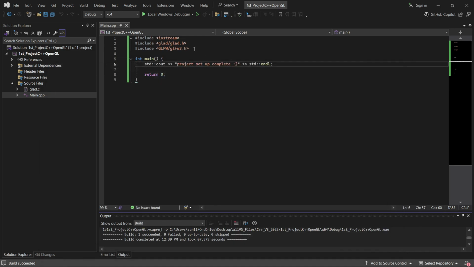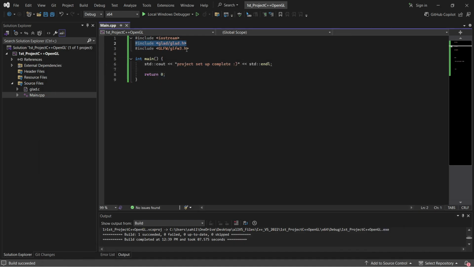And kind of make sure to import glad first and then import GLFW. It's more like include. I'm just doing this first, but including glad first matters. Make sure you don't